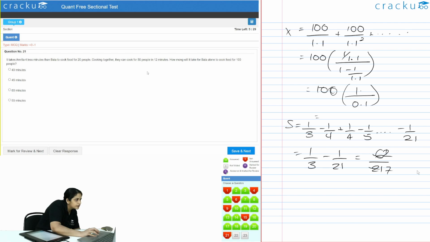Okay. If Amrita takes 4 minutes less than Bala to cook for 20 people, cooking together they can cook for 50 people in 12 minutes. Okay, 4 minutes less than Bala to cook for 20 people. So A and B together, the efficiency is 50 people in 12 minutes. So if A takes this